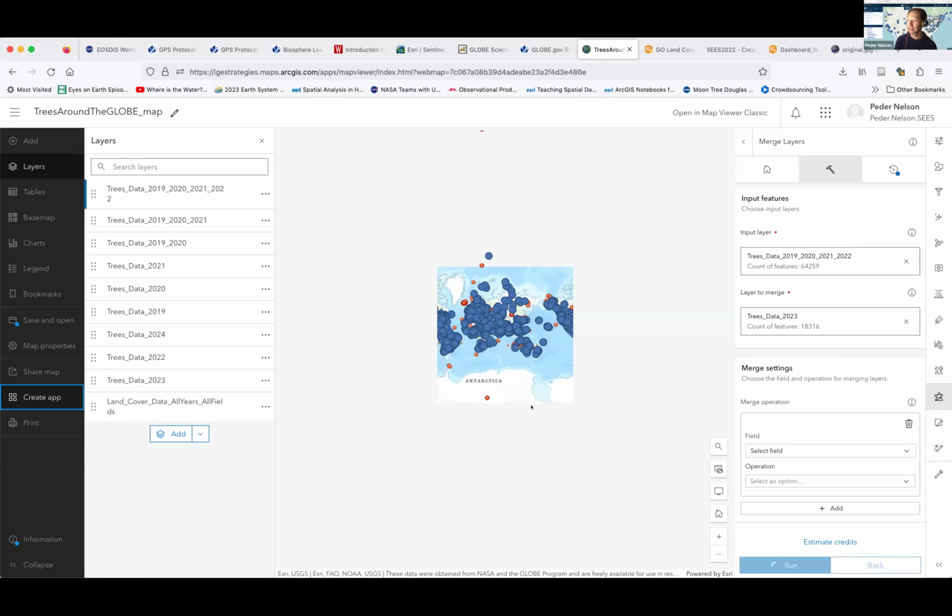And when you start putting the data together like this, some of the things that come up go again with this data wrangling piece. Well, from the years 2019, 2020, 2021, and 2022, there's 64,000 points of tree locations. And just last year in 2023, we added another 18,000.